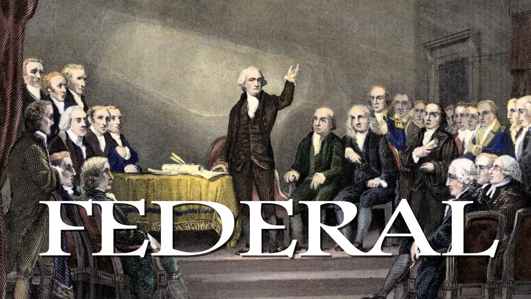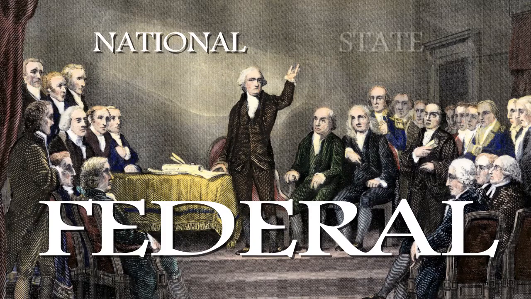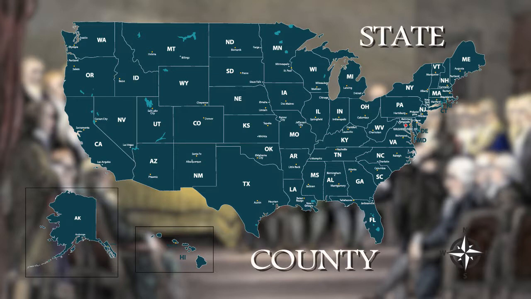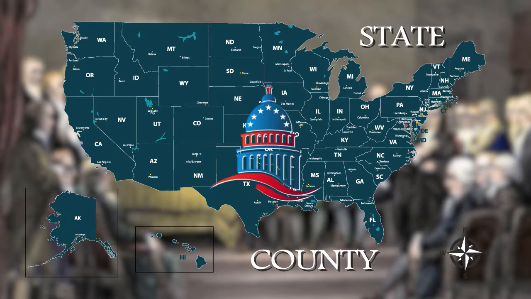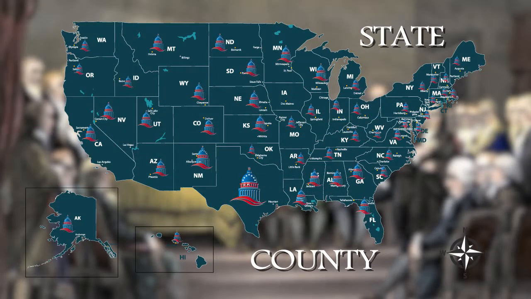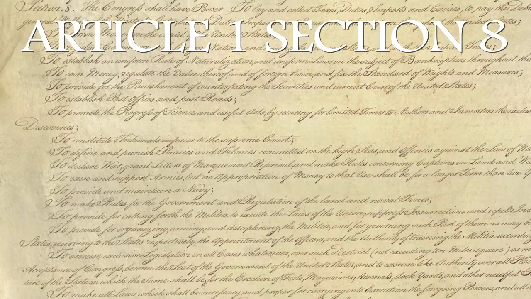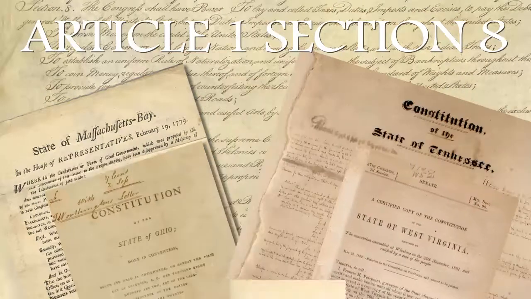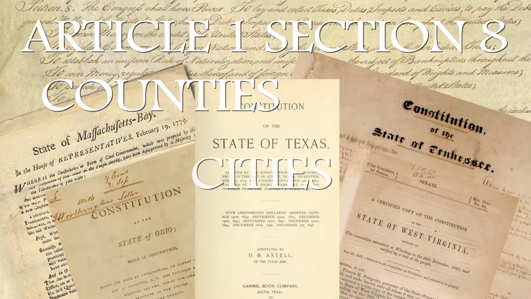So our federal system of government consists of the national and state governments. I know, we call the national government the federal government, but technically that's not accurate. The state and county governments are governments too, and they are part of the system. The powers of government are dispersed in the United States. Each level of government has a jurisdiction in which other levels have no authority. The national government is limited to the enumerated powers granted to it in Article 1, Section 8 of the Constitution. The states are also limited in the Constitution and in their own state constitutions. Within the states, there are counties, cities, and towns as well.